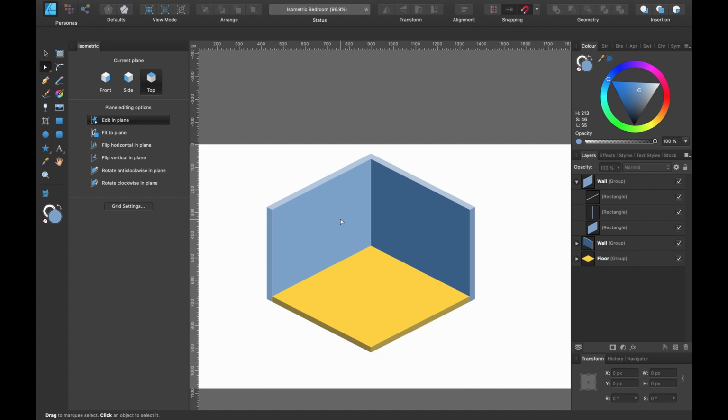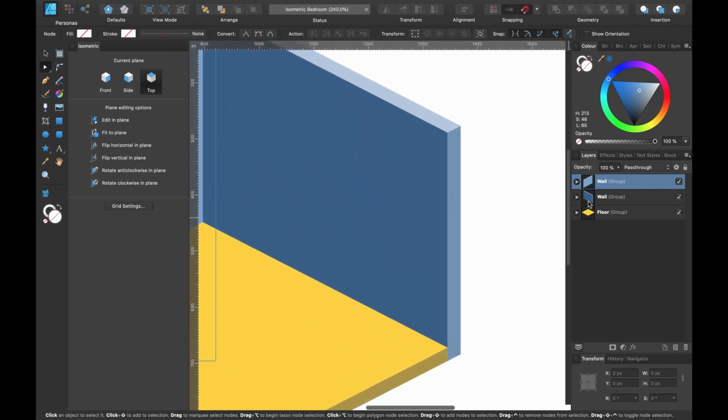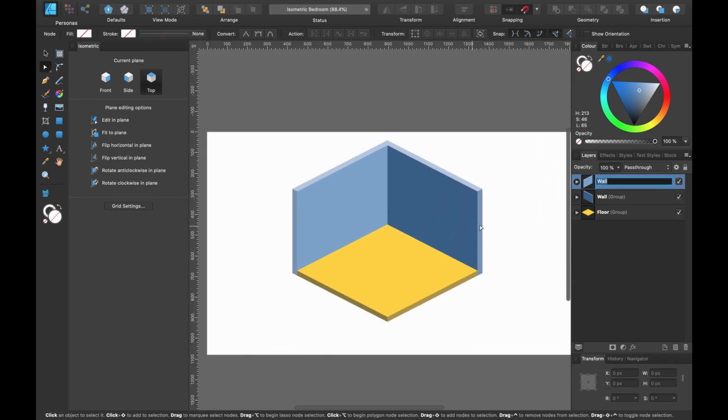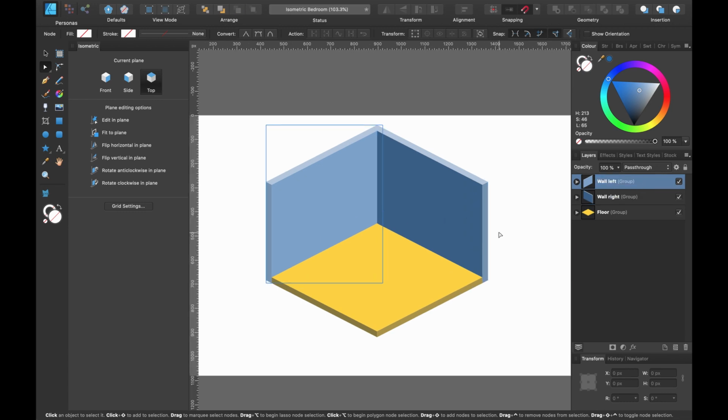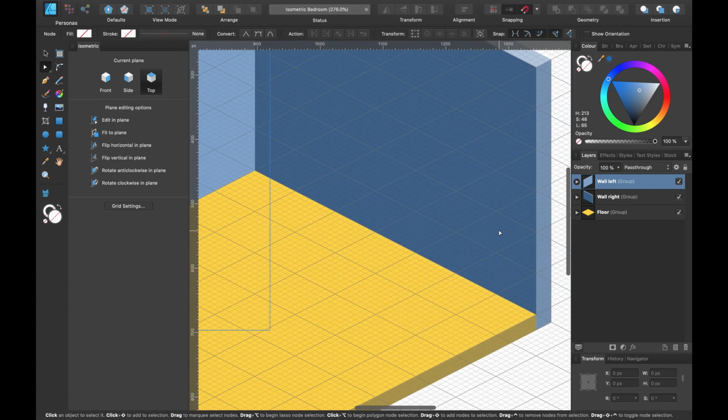It's looking a bit bare, so the next thing I want to do is create a chair and a desk maybe. So in the layers panel, oh, they're all named, so that's fine. Okay, maybe I will call them, this can be the left wall. So wall left and wall right. Okay, re-engage the grid and let's go in and create some more things.